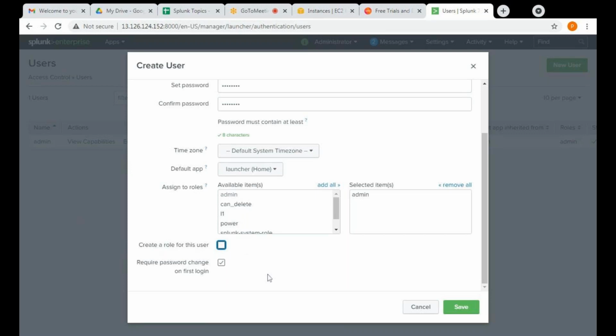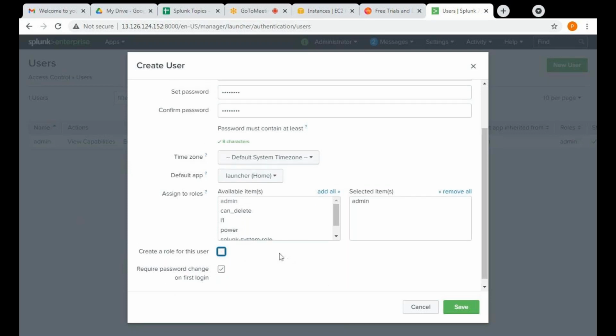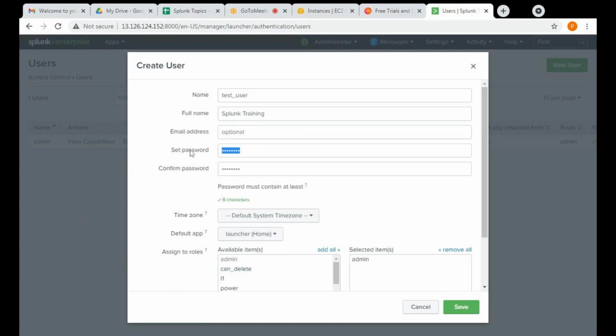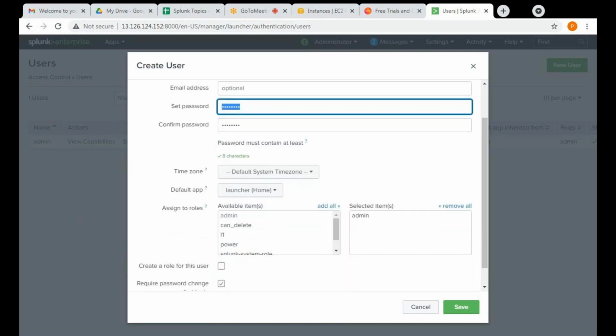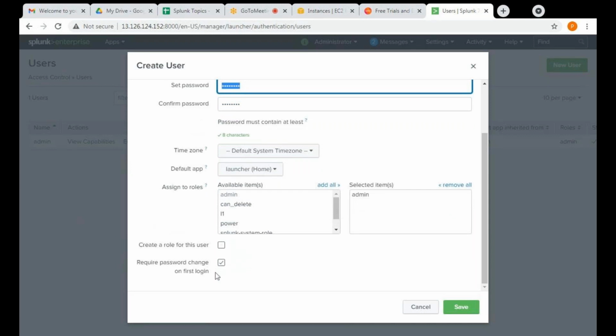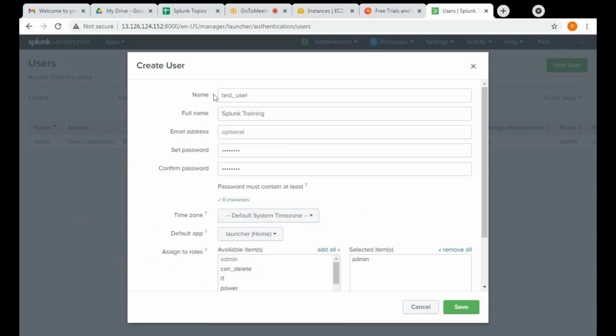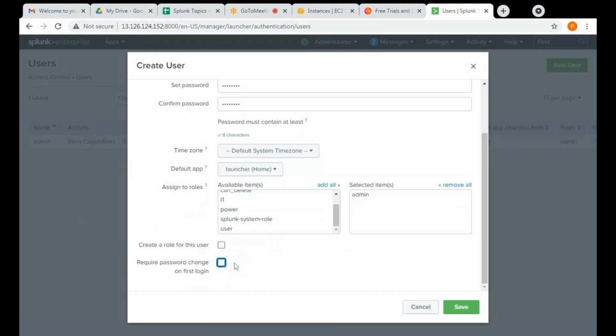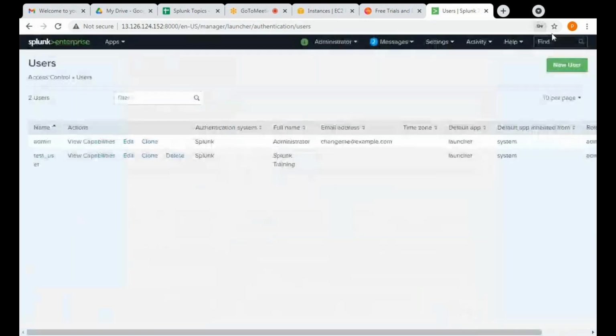So you can uncheck, and whenever he logs in for the first time, here I have given some password. Okay, so this password I'm aware of, because I'm creating a user account for you. I'm aware of your password, and I'll share the password with you. Once you log in, you can change your password if you select this option. If not, you can uncheck this one. As this is a normal test user, I'm not giving a first login. Okay, save. So this is how normally we can create any user, and this is called either local user